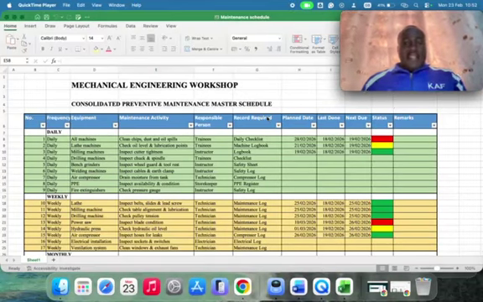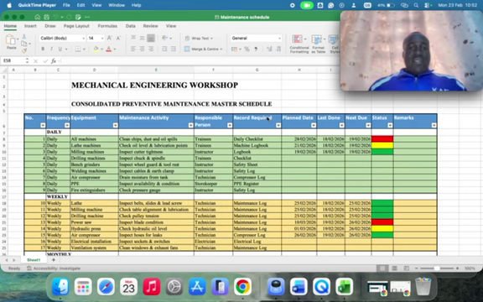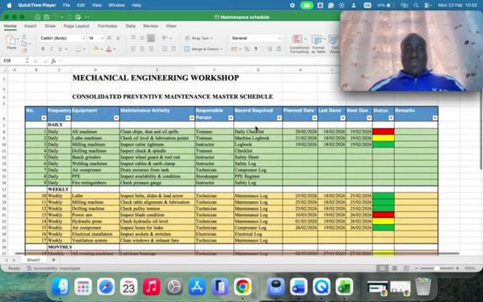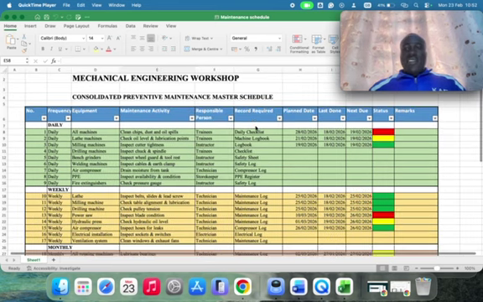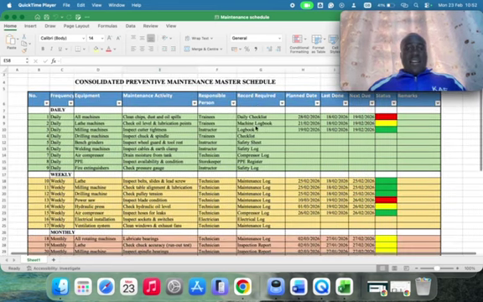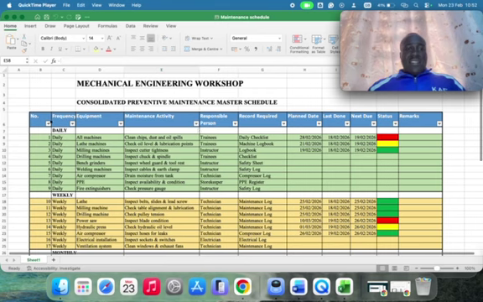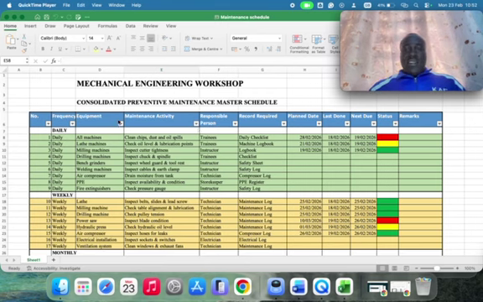Yes, this is a recording for the maintenance schedule. Below, I took some time to make a maintenance schedule for the mechanical engineering workshop, and you can see it has at least a few columns indicating serial number, the frequency at which the maintenance is done, the equipment,